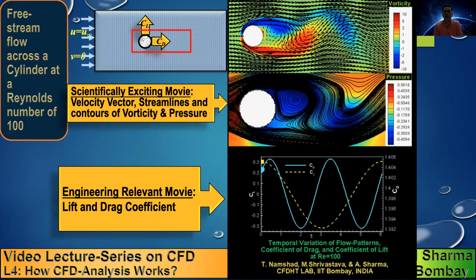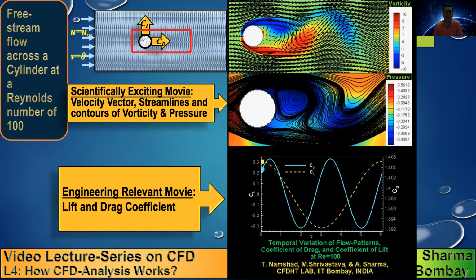And as compared to the previous movie, I would draw your attention to the fact that the previous movie was starting from the initial condition. I had shown you the previous movie on heat conduction from time t equals 0 till it reaches the steady state condition. However, in this case, I am showing you a clip of a movie corresponding to a state which is called a periodic state, because this is a problem where the Reynolds number is 100, and when you consider flow across a circle at a Reynolds number of 100, the flow reaches a state which is not a steady state, it's a periodic state. So there is a picture which repeats after certain time periods.